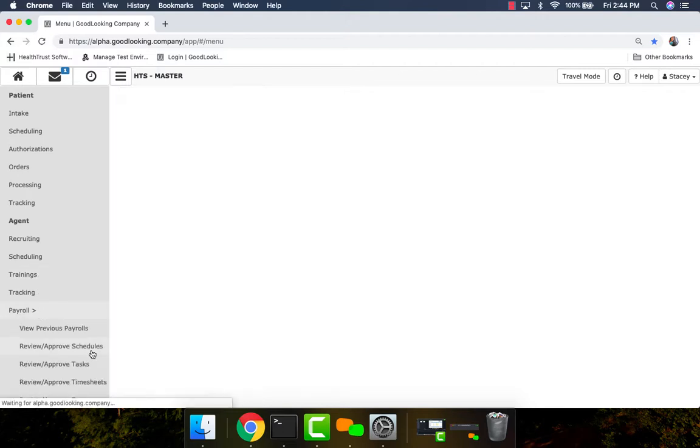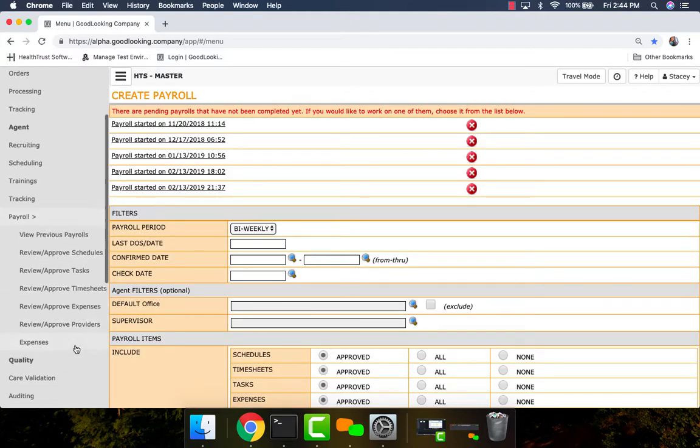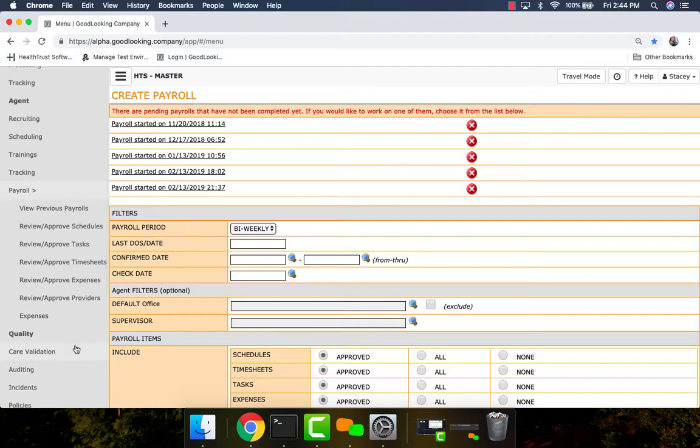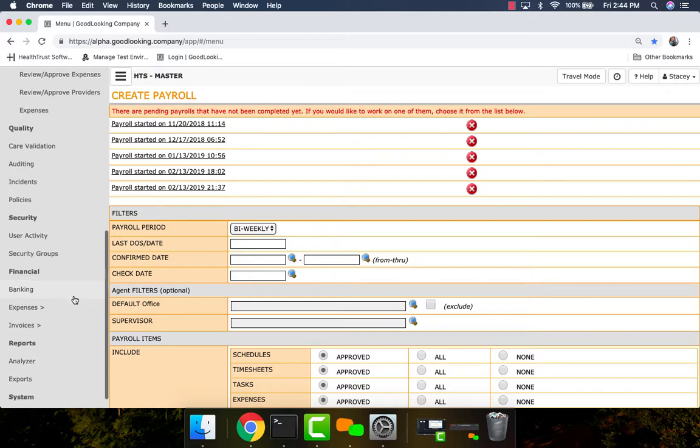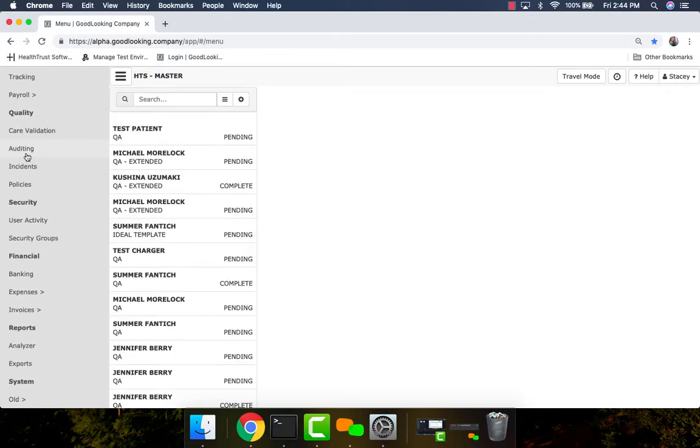You do have the ability to run payroll through the system. That's a course that we'll kind of offer on its own. It's fairly straightforward. You feel free to look at those, but we will need a lot more time to kind of go through that. You do have some auditing capabilities and QA capabilities within the system. You do have your incident reports